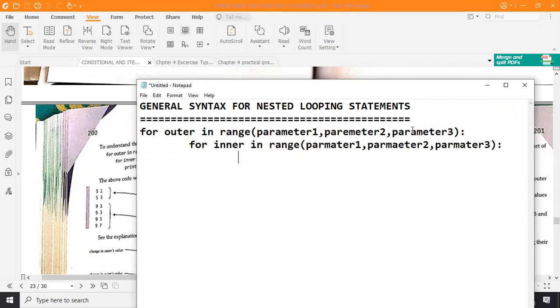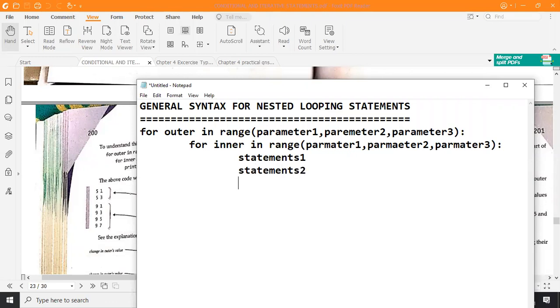Now here, I want to include the statements to be executed inside these nested loops. So I'm including one statement. Then after that, I want to include a few more statements.